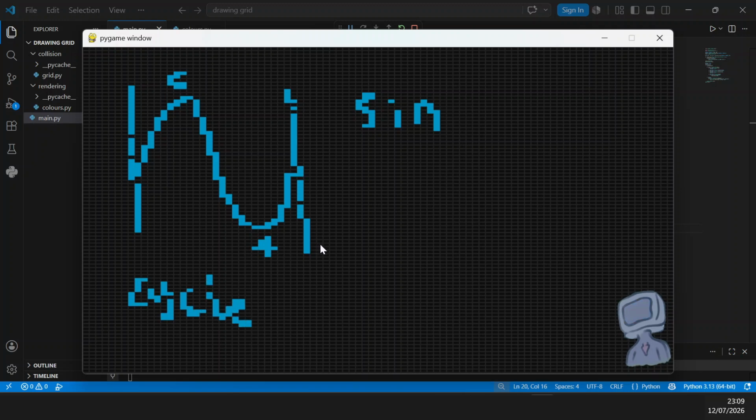Now let's suppose this wave took 1 second to complete. That means that there is one cycle per second, therefore the frequency would be 1, which is also measured in